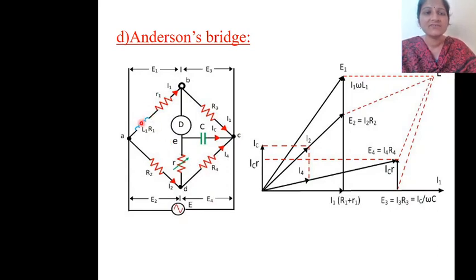Now this is the Z1. While solving, Z1 is equal to small r1 plus capital R1 plus j omega L1. Z2 is purely resistive, that is equal to R2. Z3 is also purely resistive, that is equal to R3. By solving Z4, you need to take the star delta transformation. I am simply writing it as R4 plus parallel of R plus 1 by j omega C.